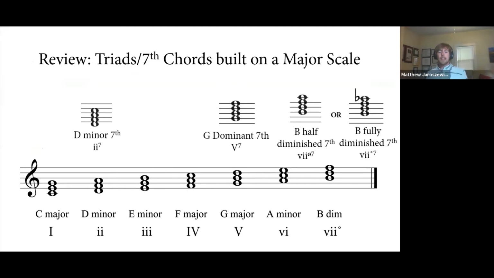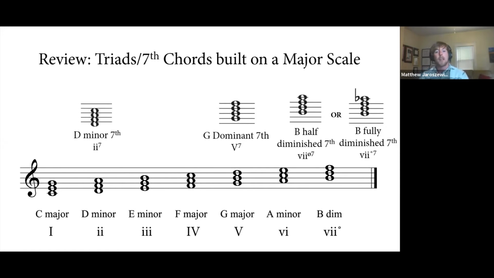Okay, so last time we talked about how we get the chords that we use in a piece of music. And in a major key, we derive these chords from the major scale. We went through all of this. We build the triads off of the notes of the major scale. When we do this, we get 3 major chords, the root, 1, and then 4 and 5. We get 3 minor chords based on 2, 3, and 6, and we get 1 diminished triad based on